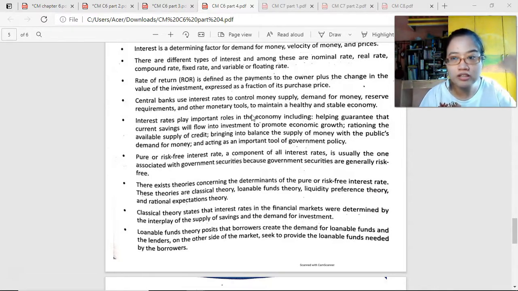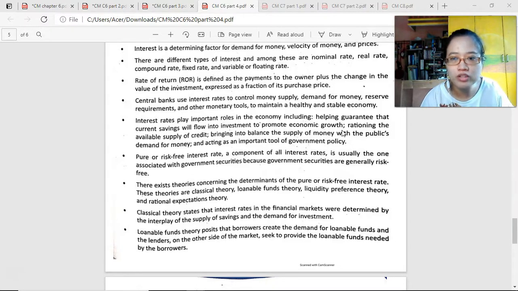So they can do that by increasing the interest rates, or by increasing the reserve requirements, so that there would be less money in the market or in the economy. Okay? Interest rates play important roles in the economy, including helping guarantee that current savings will flow into investment to